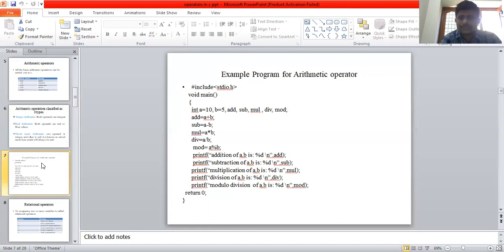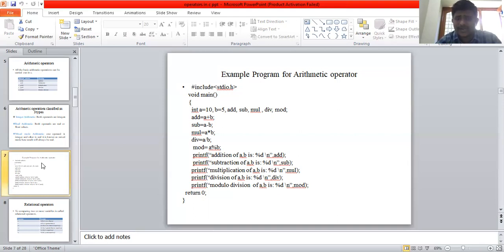The output is displayed by the printf statements, which is the output function of the C program. It displays the addition of a, b as the value %d, which is the access specifier of integer data type. So the addition value is assigned to the first printf statement. Next, printf subtraction of a, b is the output value, 5.